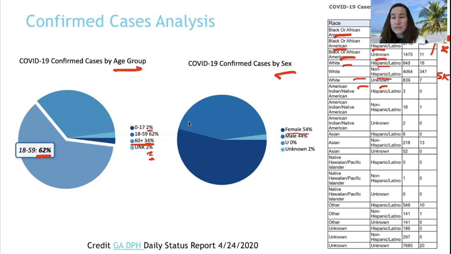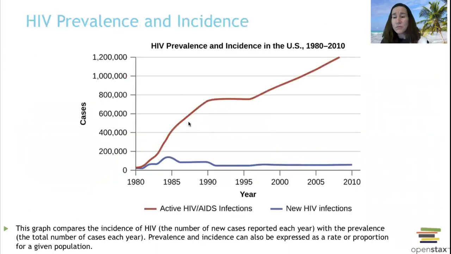So confirmed cases, you can analyze that stuff. Age, sex, race and ethnicity, crunch the numbers, and that information is valuable. It's valuable stuff. Then you can figure out which populations are being impacted and try to help those more than, say, another group of people that aren't being impacted as much. You can put your resources to the people who need it. So if we were looking at HIV and not COVID, we're going to switch over to what the textbook was talking about.